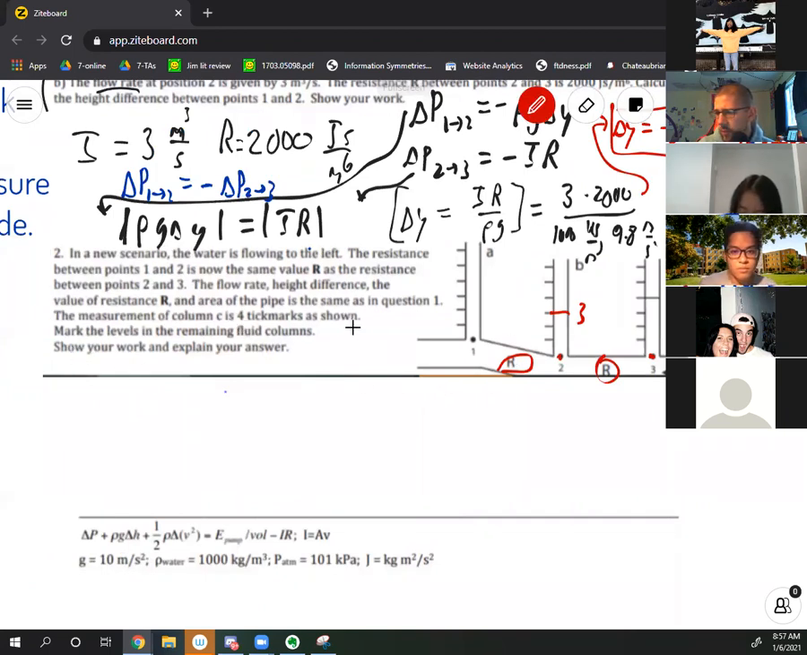Measurement of the column C is 4 tick marks as shown. Mark the levels of remaining fluid columns. Show your work, explain your answer. Okay. So the one that I will show work for is this one from 2 to 1 because it's a